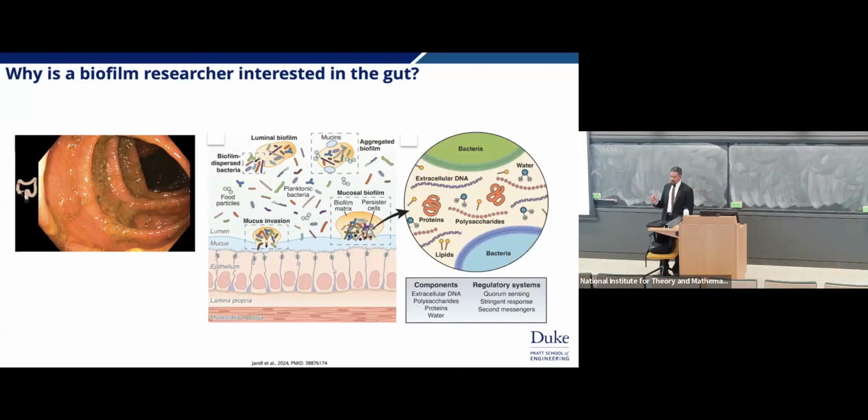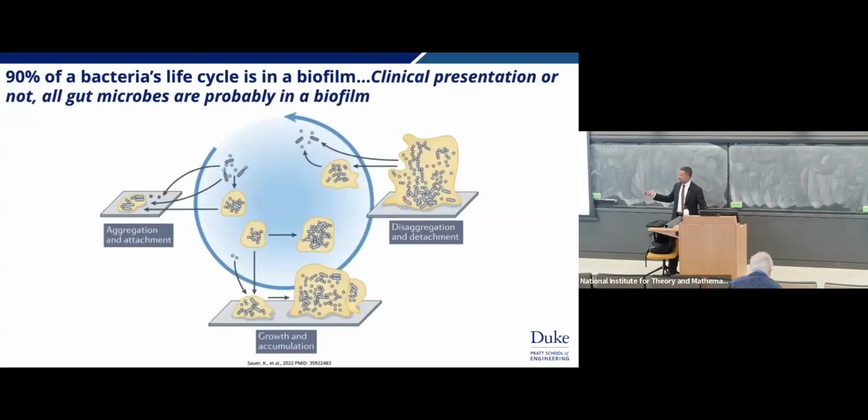So before somebody says, hey, you have a biofilm growing inside your gut, we need to treat this with antibiotics, et cetera, they're going to look for that, right? That's what they're seeing: what a healthy, non-biofilmed intestine should look like is just the pink matter, not the pink and brown and speckled matter, right? That's your healthy gut. However, I just told you here that 90% of all bacterial life cycle is in a biofilm, whether you're clinically presenting as sick or not. Most of that life cycle is going to be in a biofilm.